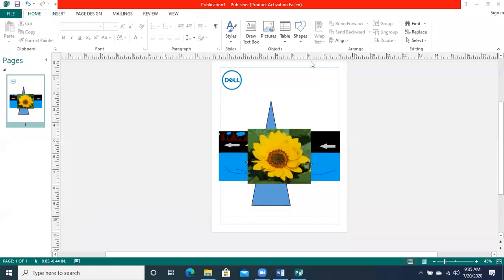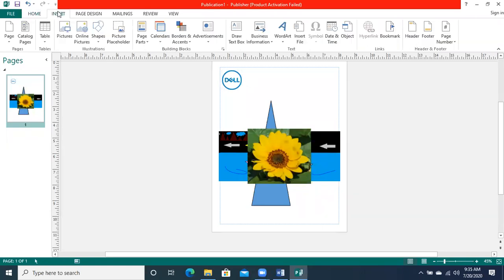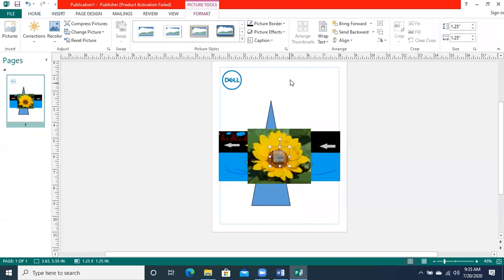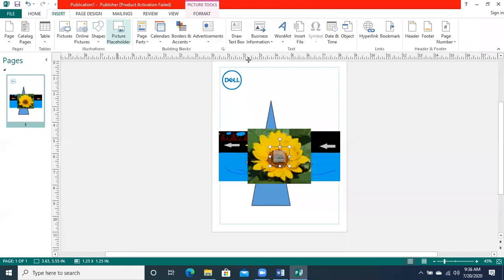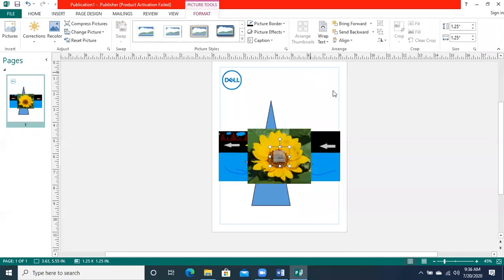Okay, Ariz, you want to ask something? Yes, sir. Can you explain how we insert a logo? Yes. Right now I have explained how you can search from the internet any type of logo. So let me show you once again. Just like I said, take a picture placeholder. I take one picture holder, let's suppose, and I draw it over here.